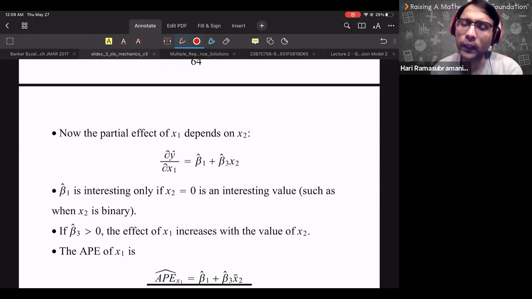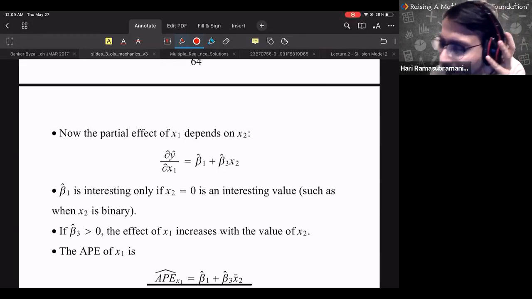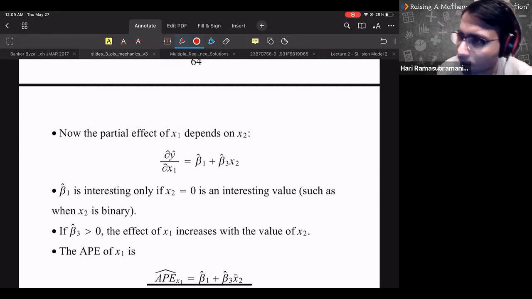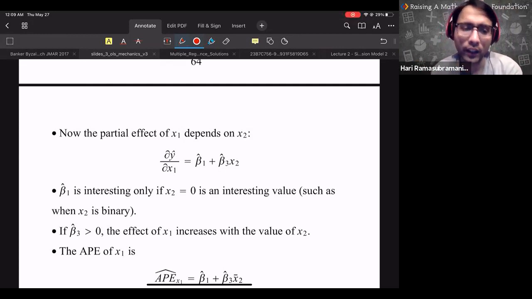So those are many times interesting questions to investigate. That okay, I find the result is true in one situation, but the result changes in another situation. It flips, and those are the kind of things where you will say that okay, this is an interesting area, or the interesting question that I want to solve. So like that, a lot of times you want to investigate whether the slope is different based on the values of other variables. Okay,